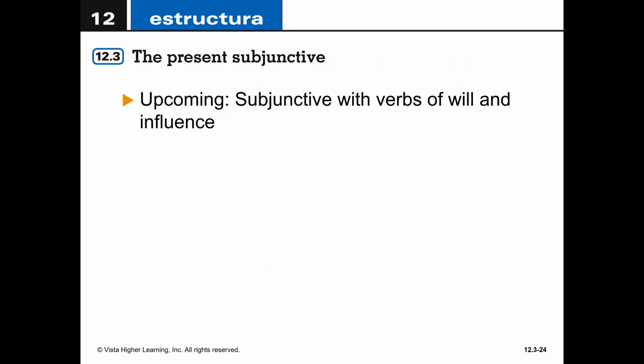Next couple of lessons, we're going to continue to talk about the subjunctive. It's an important tense, and sometimes it's not very intuitive because in English we use the infinitive for that. So for example, if I wanted to say, I want you to clean your room, I would use the infinitive. I want you to clean.